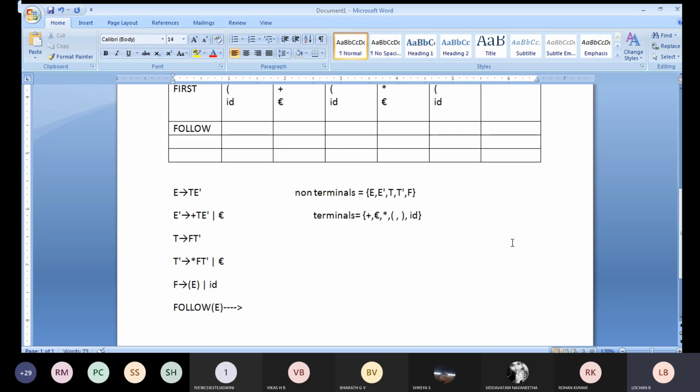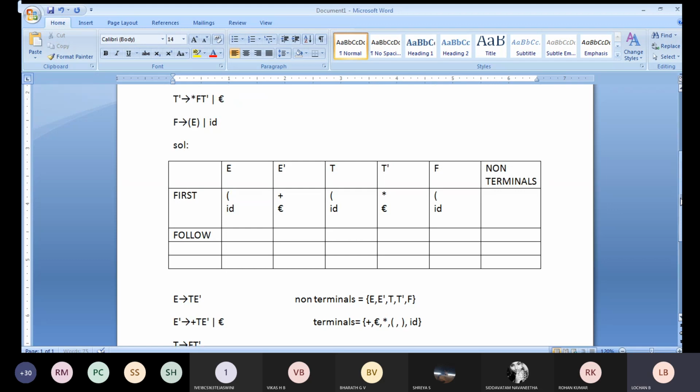So if you see the productions, you will be getting F implies open bracket E close bracket. We have to check where the E has arrived, and we need to take that particular case. So you will be getting F implies open bracket E close bracket. In that particular case, we can calculate follow of E. In this particular case, it is in the form of, I am going to take it as alpha. Once again.